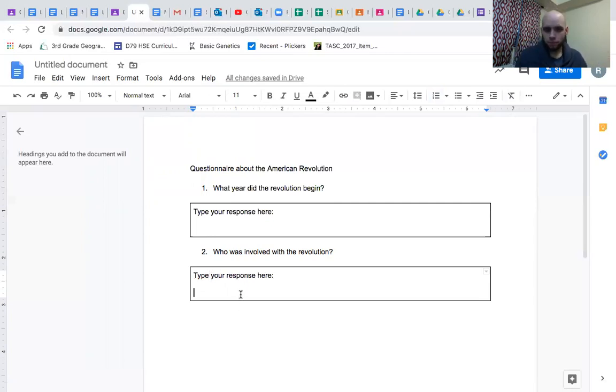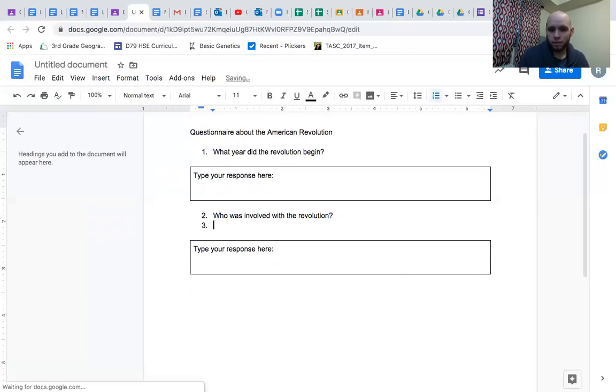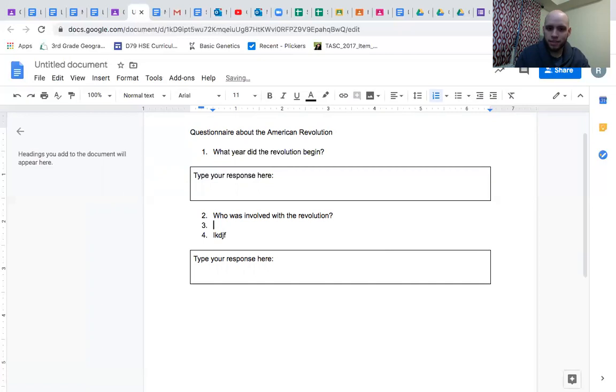simplicity of it. And then let's say, okay, so now how are you going to continue with your next question if you've done that? What I've done in the past is go back to one of the questions, press enter, you type your third question here, and if you want space again for the second question, you just do what I did for the first one. Now, if you don't want to just keep inserting new boxes, type your responses here, what I do